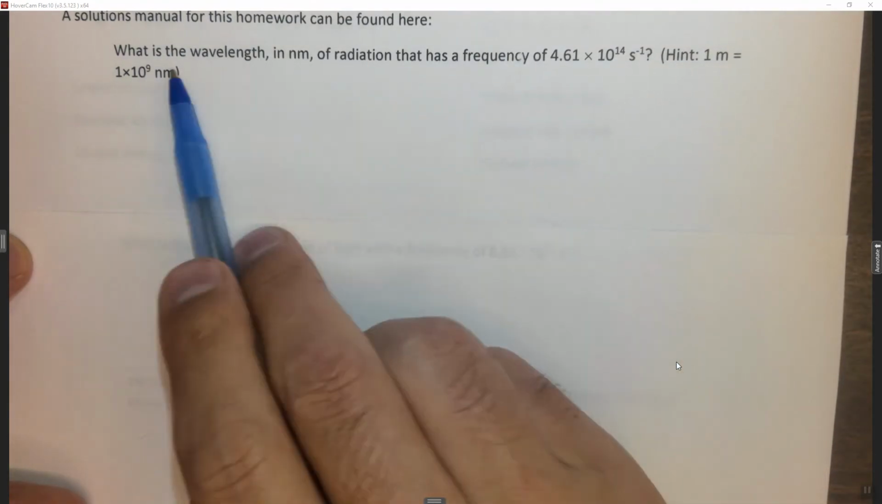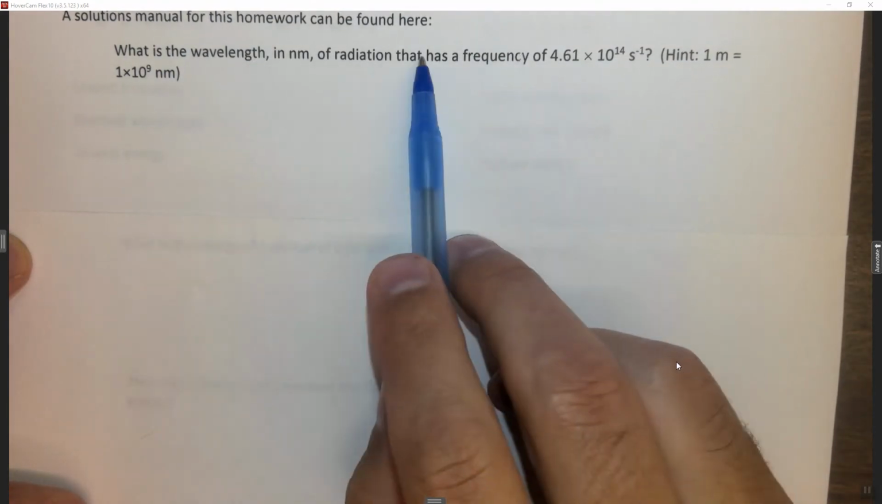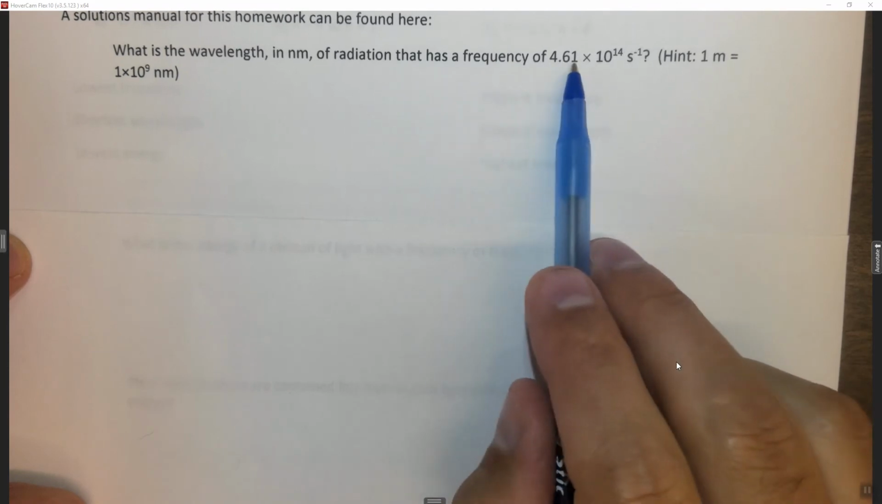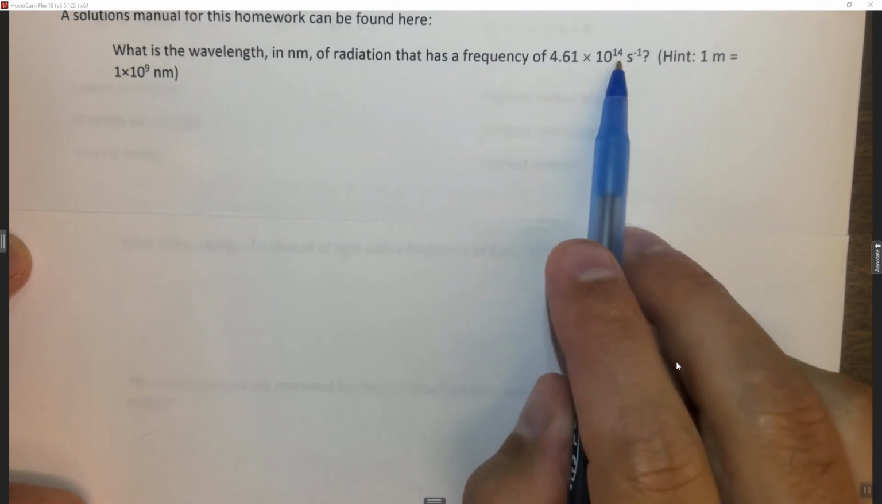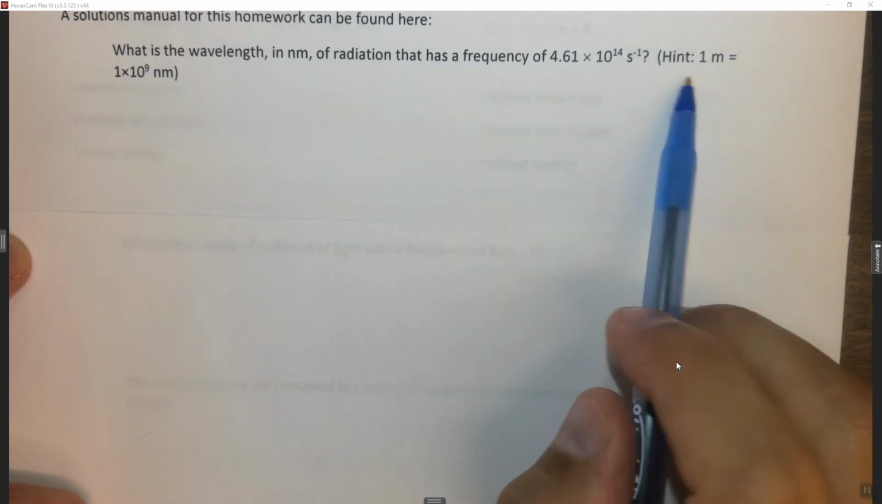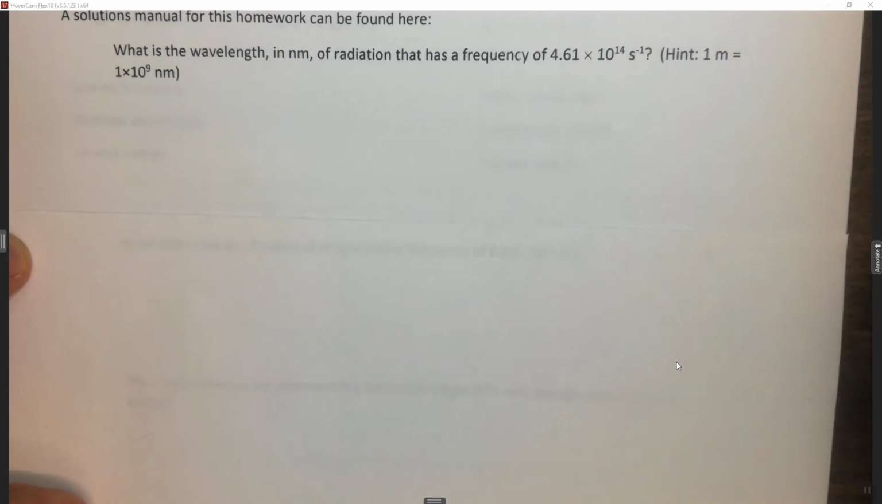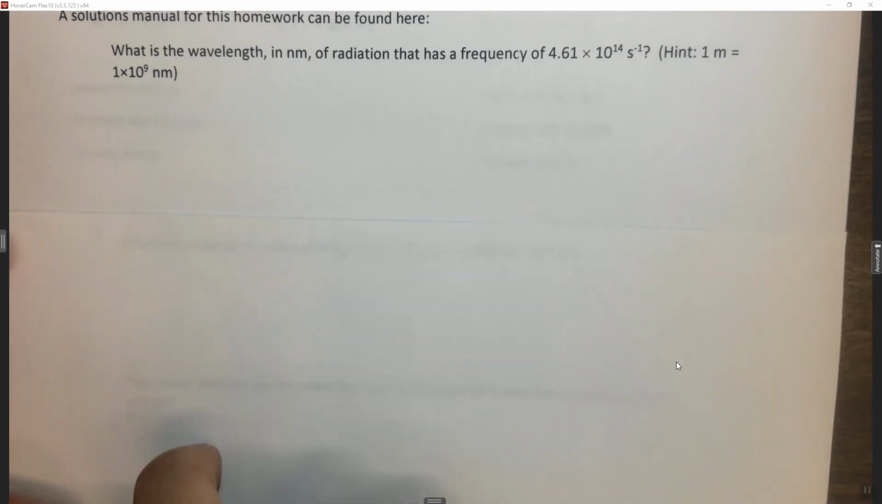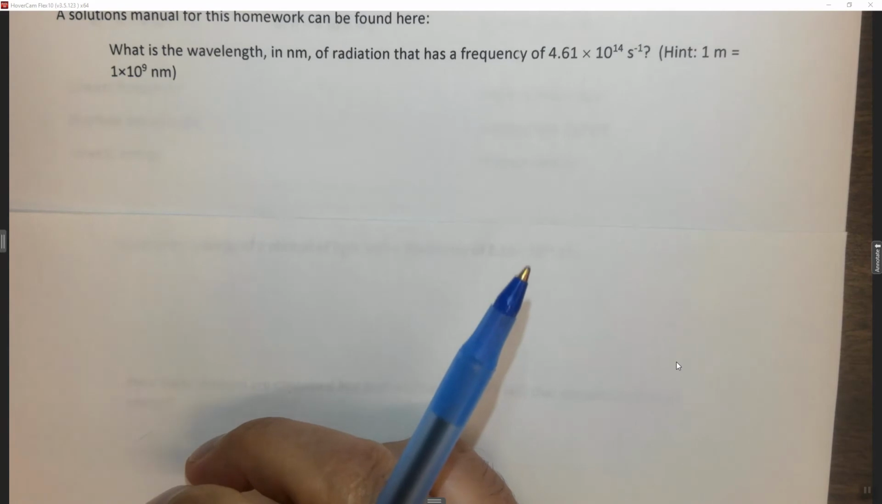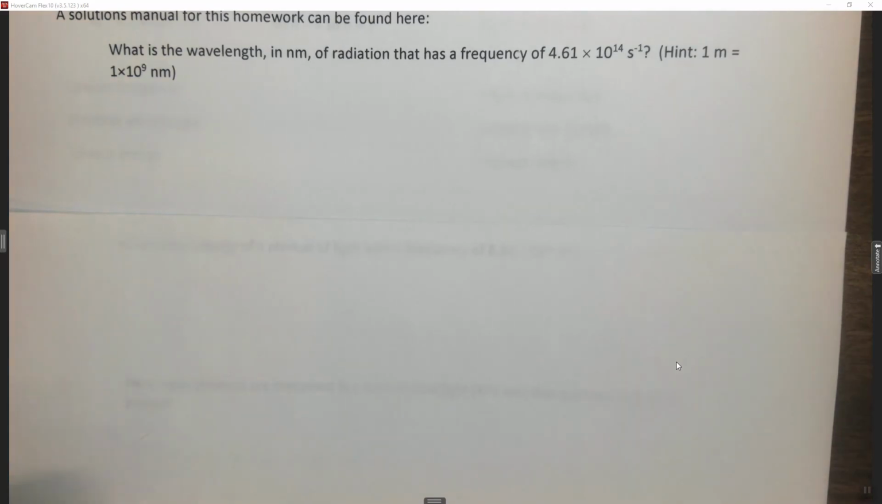The question says, what is the wavelength in nanometers of radiation that has a frequency of 4.61 times 10 to the 14 hertz, or seconds to the minus 1, and it tells us that 1 meter equals 10 to the 9 nanometers. So when we talk about electromagnetic radiation, if we know one of the three things, frequency, wavelength, or energy,